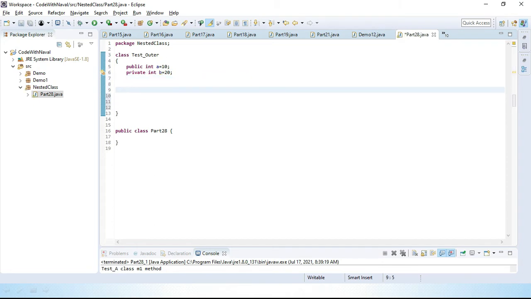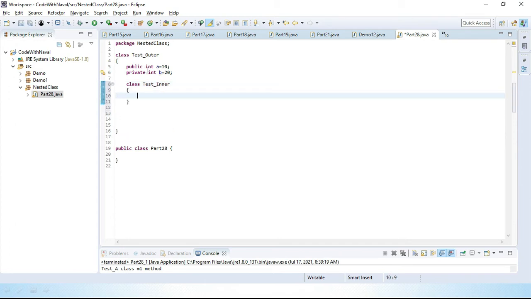Now I want to create an inner class. How can we create an inner class? We simply write class TestInner. This one is our inner class. Now I want to create one method inside the inner class. I'll create public void m1.